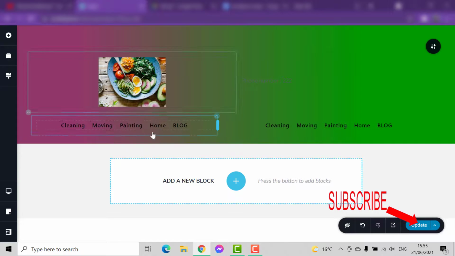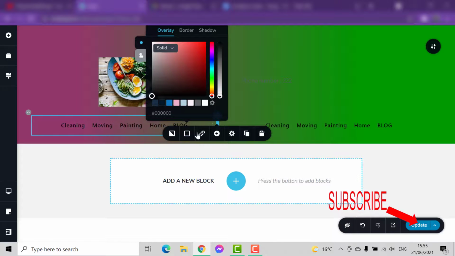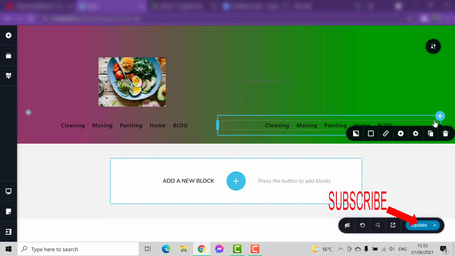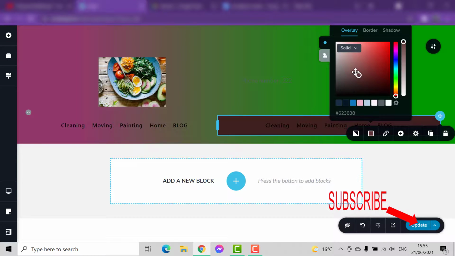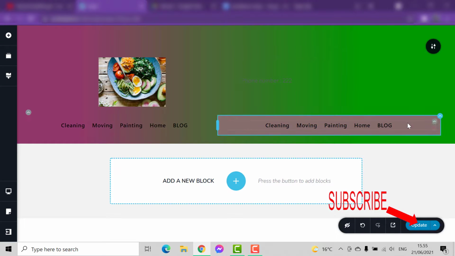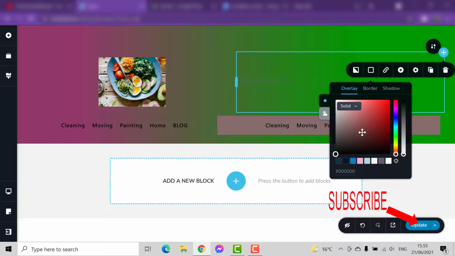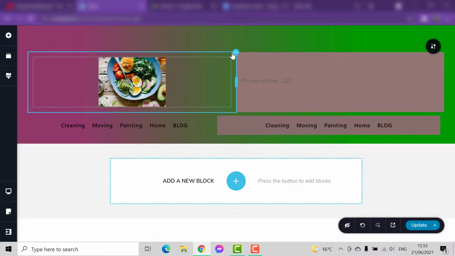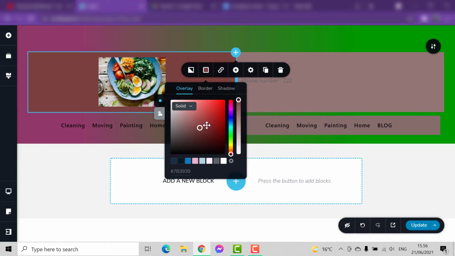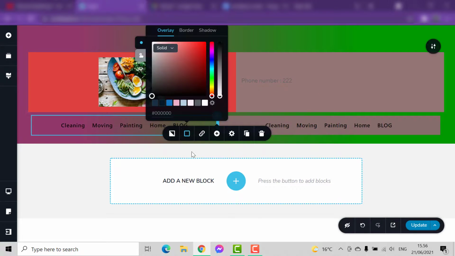You can also choose to get color in each container. Just go in the corner in that arrow and then choose the color. Now you can see that you have different color in that particular menu item. And here also, if you go and choose a color, it is different. And again, if you go here and choose a color, you can see now they have